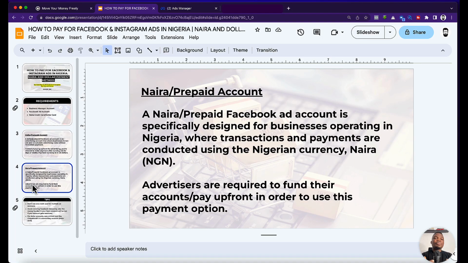A Naira, or a prepaid Facebook advertising account, is specifically designed for businesses operating in Nigeria, where transactions and payments are conducted using the Nigerian currency, which is Naira. So advertisers are actually required to fund their account. In order to use this type of advertising account, which is a prepaid account, you need to fund your account